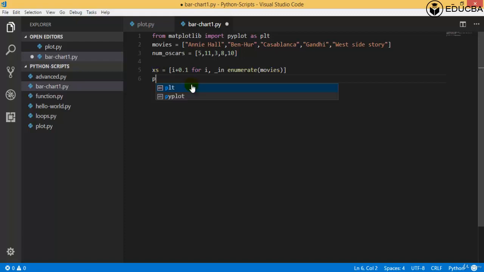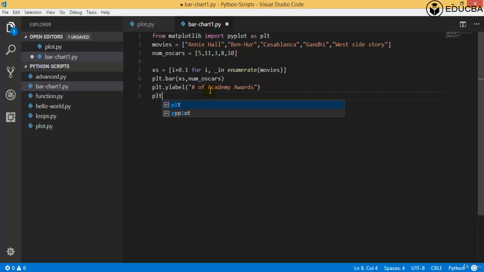So I'll say plt.bar with the values x's, num underscore Oscars, and after that I'll say plt.ylabel with a value as hash of Academy Awards, and after that we'll set the title, plt.title. The value will be my favorite movies,